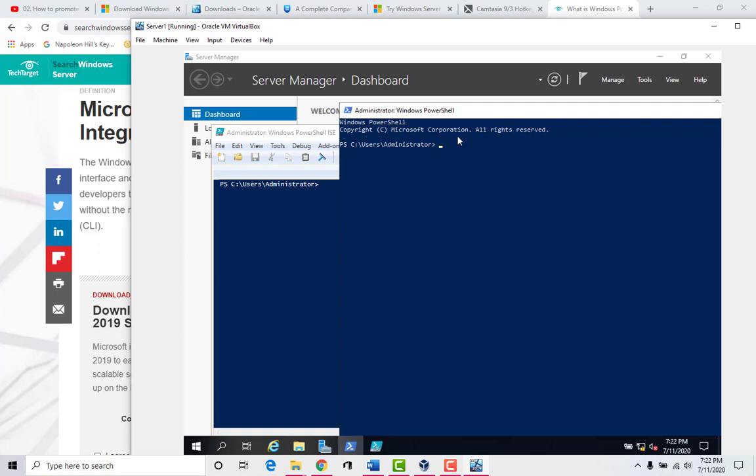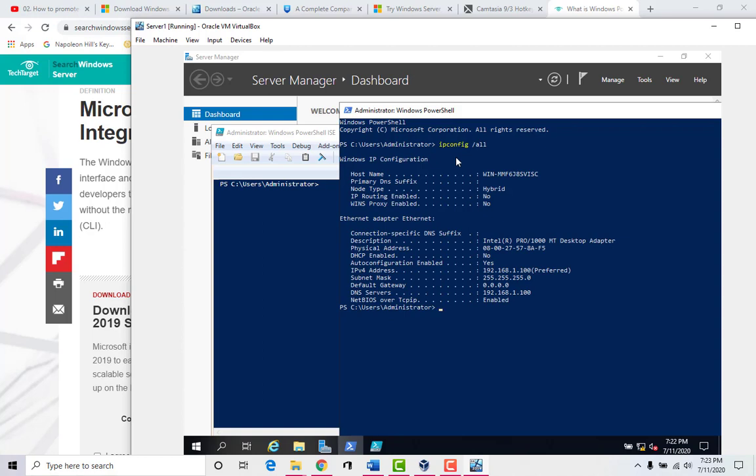Okay, let's try a few commands here. One of the first things I want to do is check out the network card settings that I put in. So I can do an ipconfig /all, and you can see that my network card has that address that I gave it. I also have the subnet mask and DNS, and I can see that I forgot to put in my gateway. So I can put in the gateway if I want to, right?